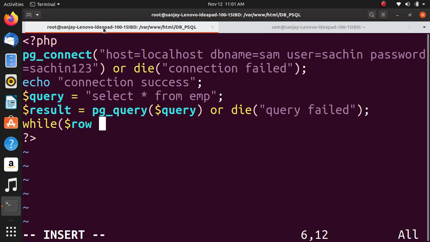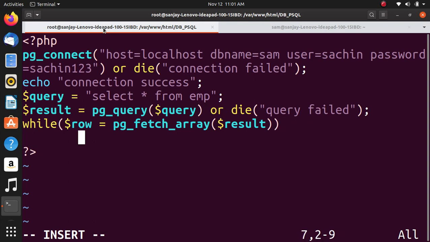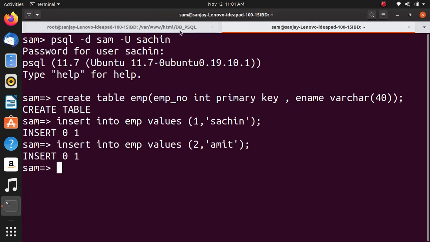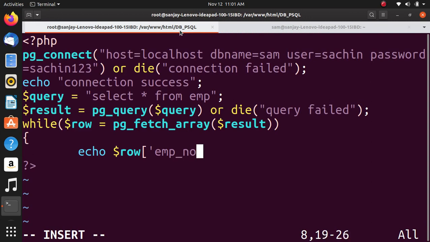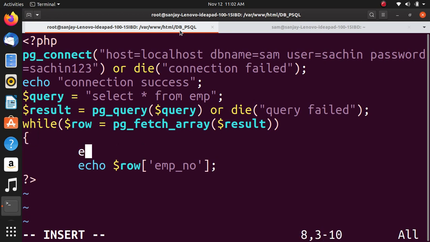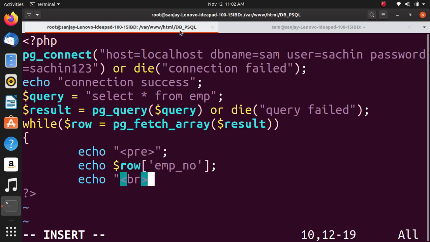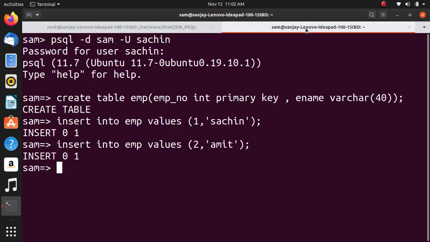Now while dollar row is equal to pg_fetch_array dollar result, then echo dollar row is equal to what you have taken here, empnumber, then we are seeing ename. Okay,